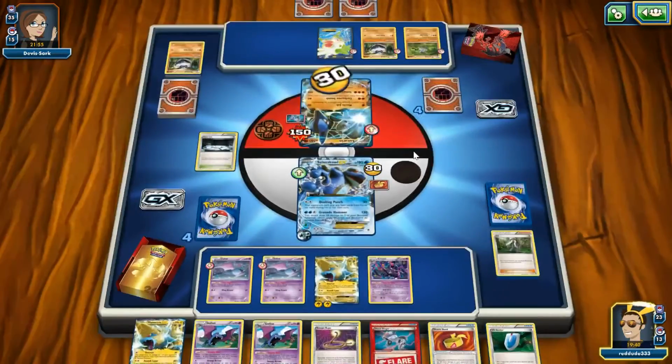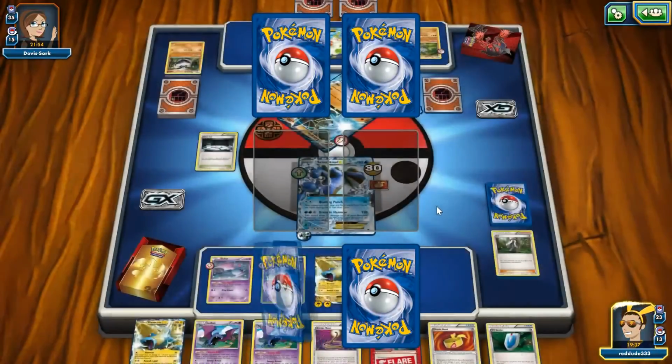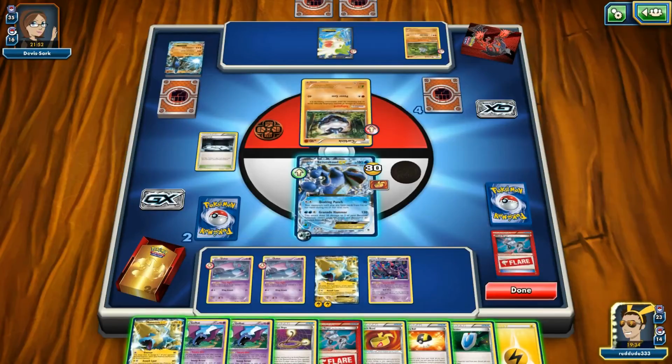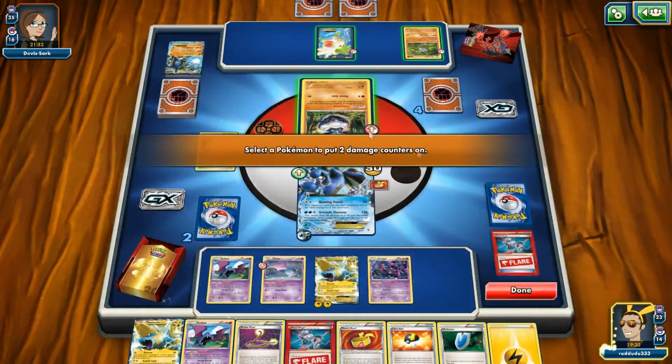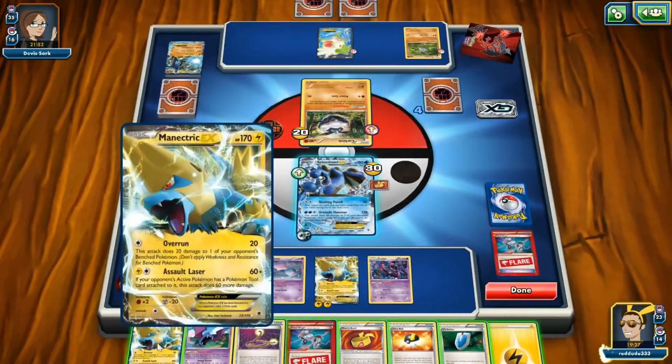We'll see what we can get out of our prizes here. We get Lightning and Ultra Ball. We bring up Carbink. We put down another bat. Cool. I guess we'll just hit the active. We did get an energy,